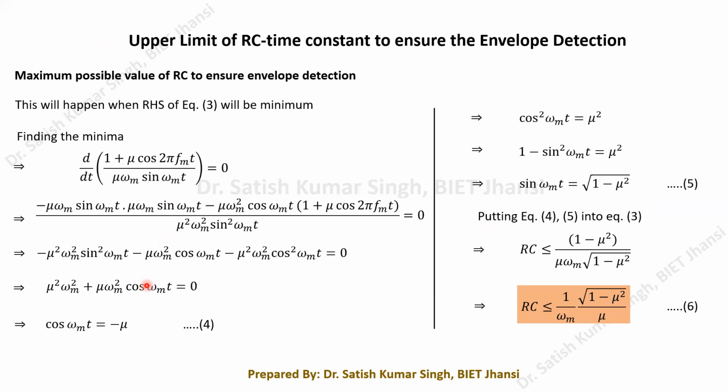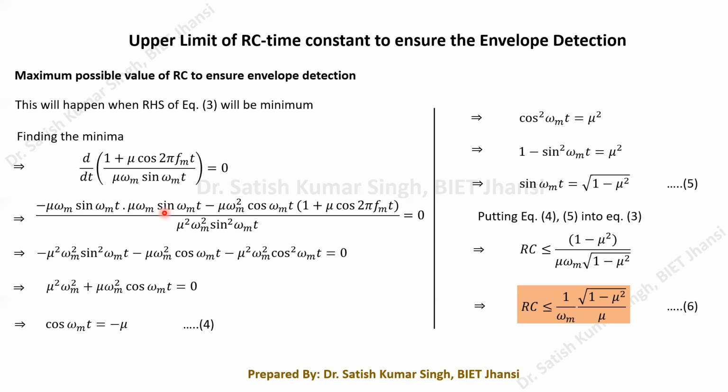We have to calculate the minima. You just have to follow the minima procedure, how to calculate the minima for any equation. You have to differentiate it, get the values, and those values have to be substituted back into the equation. Then you have to check whether this equation becomes positive or negative. If it is positive, then it is a minima, or if it is negative, then it will be a maxima. So that way you have to do it.